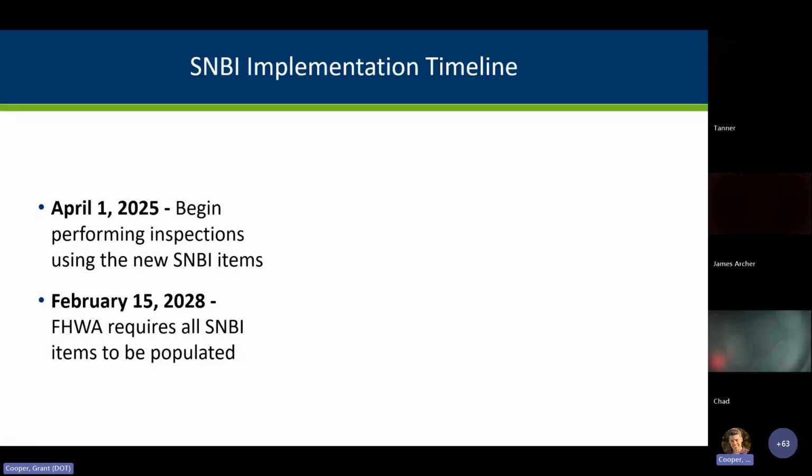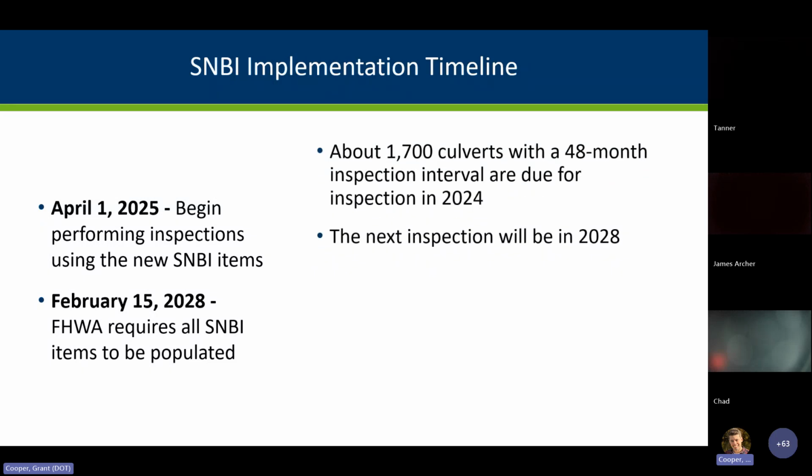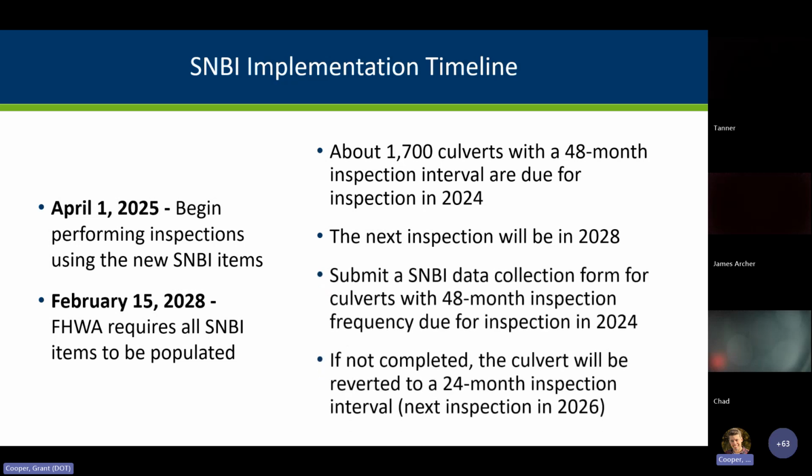Anyway, here's a reminder of why we're asking you to do this culvert form. It has to do with the implementation of the specifications for the National Bridge Inventory. As you know, we're going to begin performing our inspections using those new SNBI items next April. However, the Federal Highway is only giving us 3 years for all those new data items in the SNBI to be populated. The problem we have is that we have about 1,700 culverts on a 48-month inspection interval that are due for inspection this year, and those wouldn't have another inspection until 2028. That is why we want you to go through and give us essentially